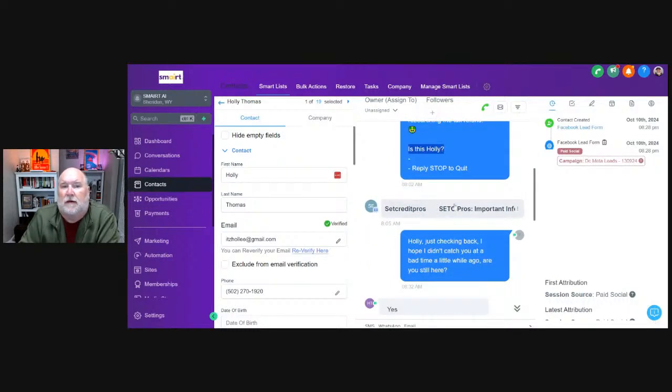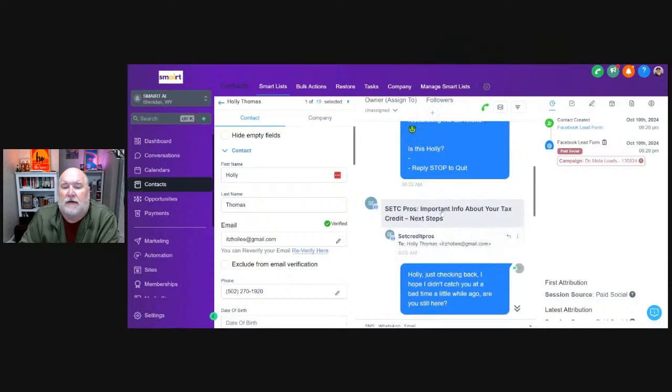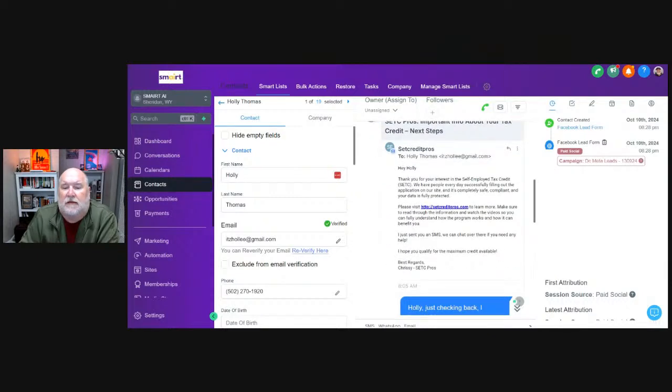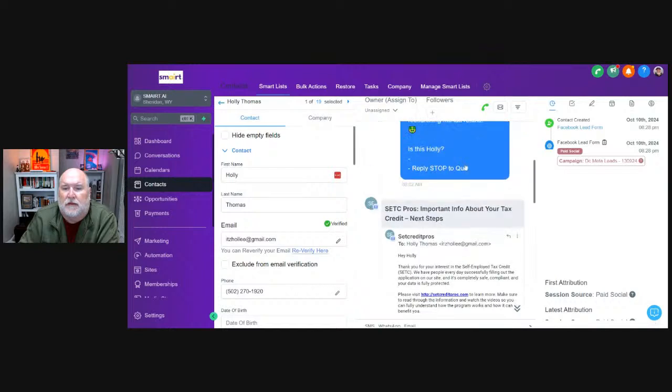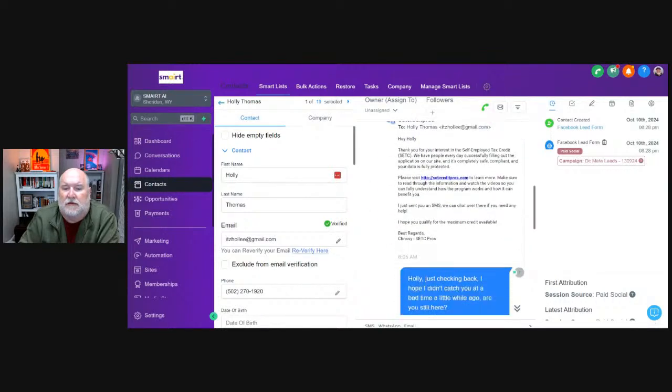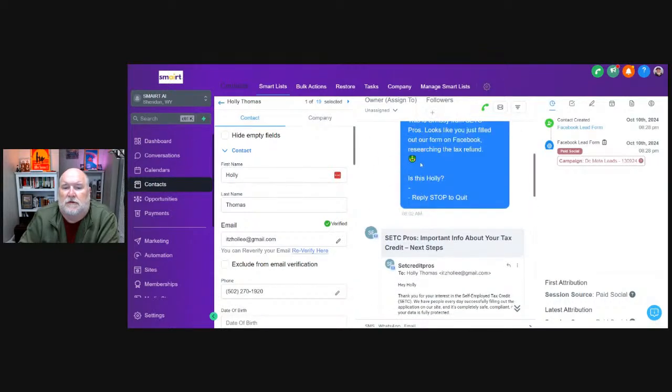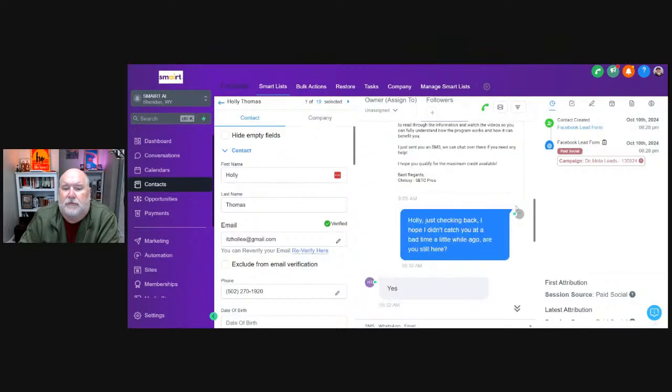And then we have the email that has our website. This is our rotator link, the link that gets rotated among everyone in our co-op. So they're getting an email from us as well, which is great. They can get refunds on that. So that was at 8:02 a.m. yesterday morning. Well, Holly didn't respond.